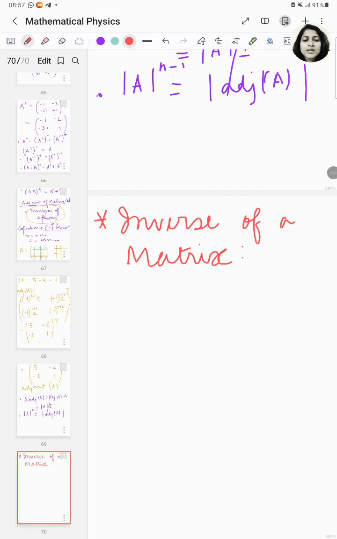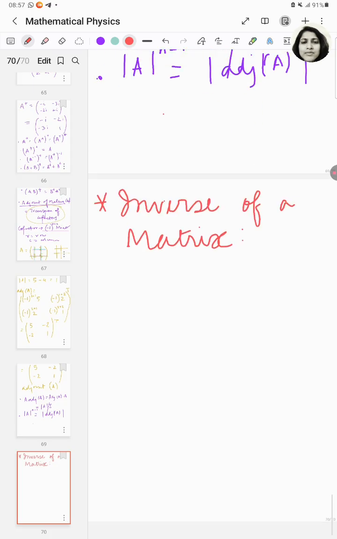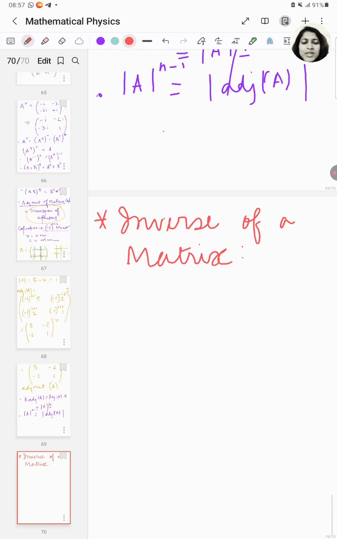So, after learning about different matrix operations, let us now discuss another very important concept called the inverse of a matrix. Just like in mathematics, when we divide a number by another number, we often use its reciprocal, right? Similarly, in matrix algebra, the concept of inverse helps us reverse the effect of a matrix multiplication. The inverse of a matrix is basically a special matrix, which when multiplied with the original matrix gives us an identity